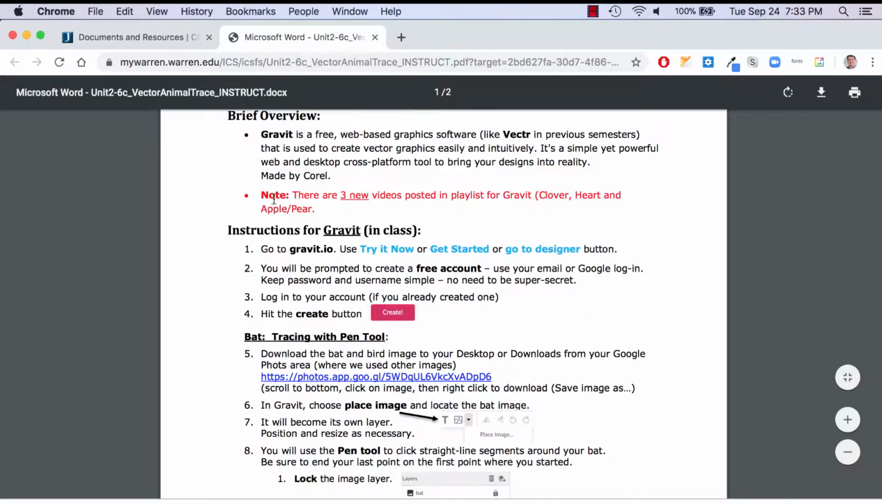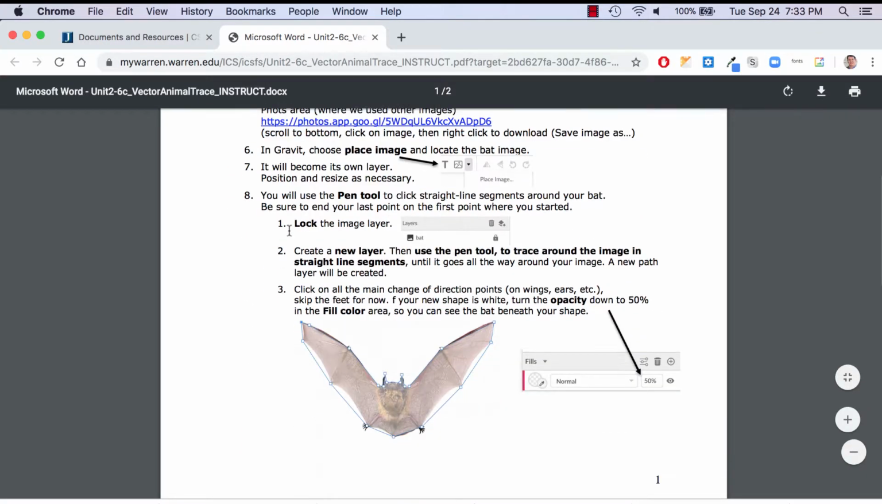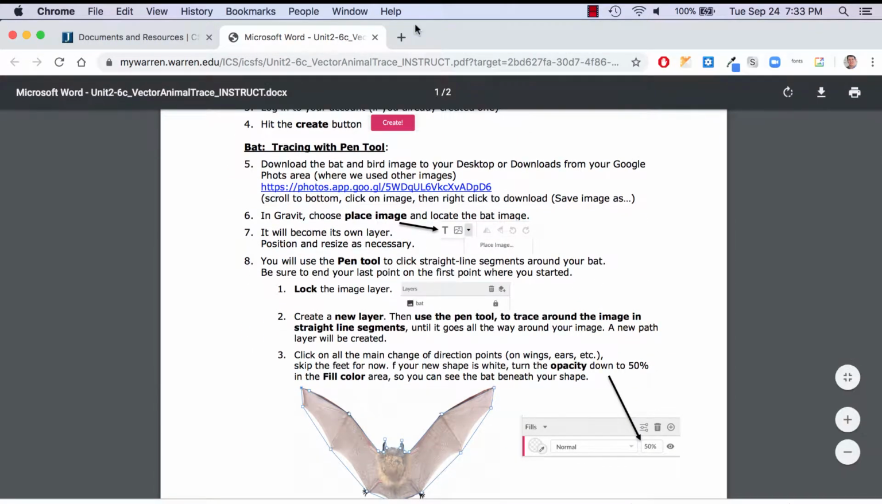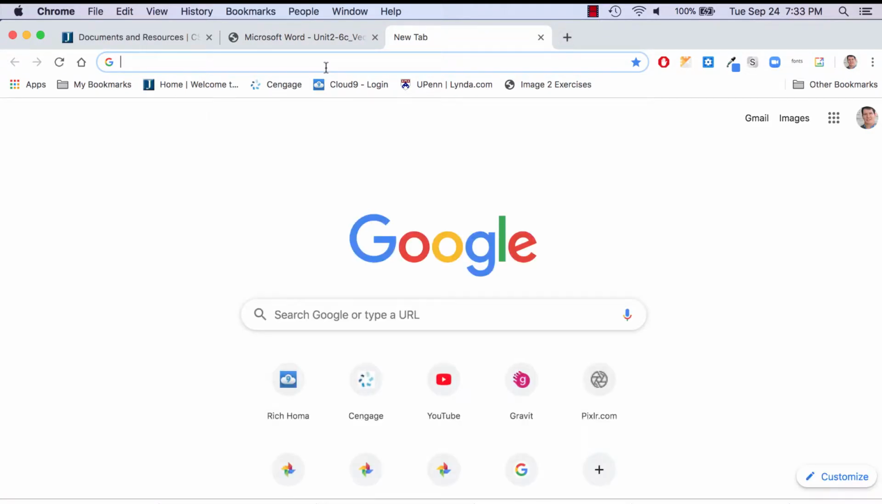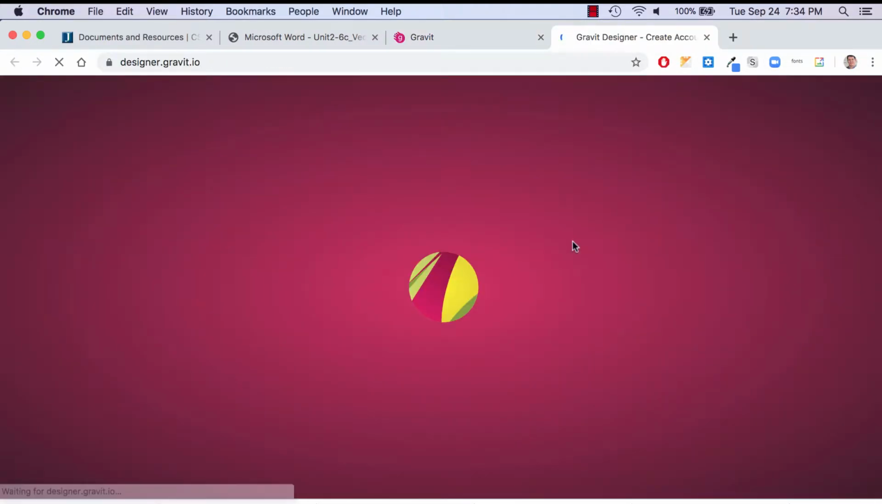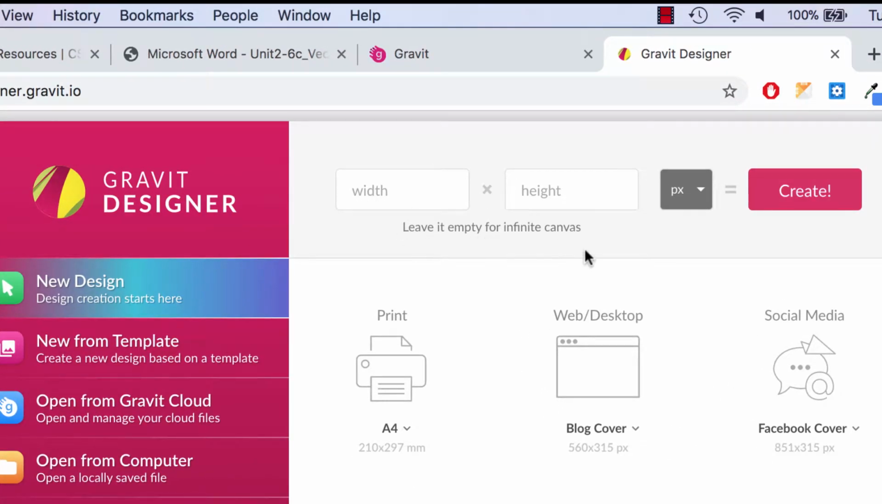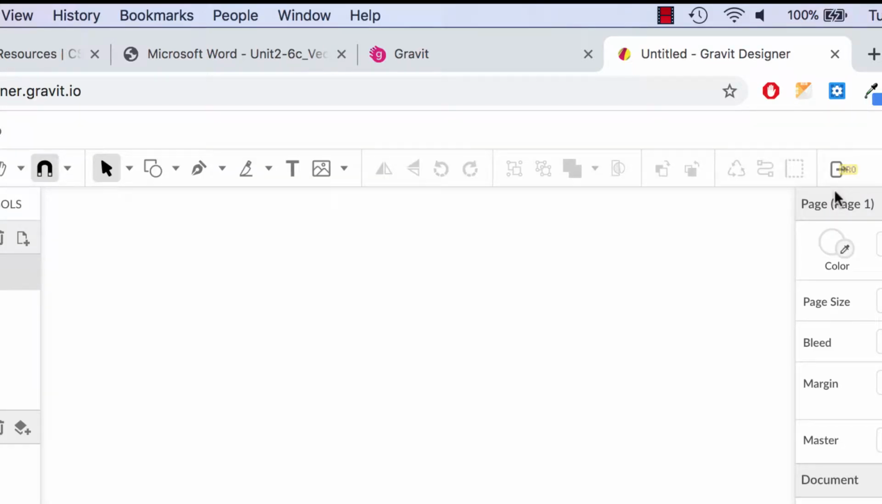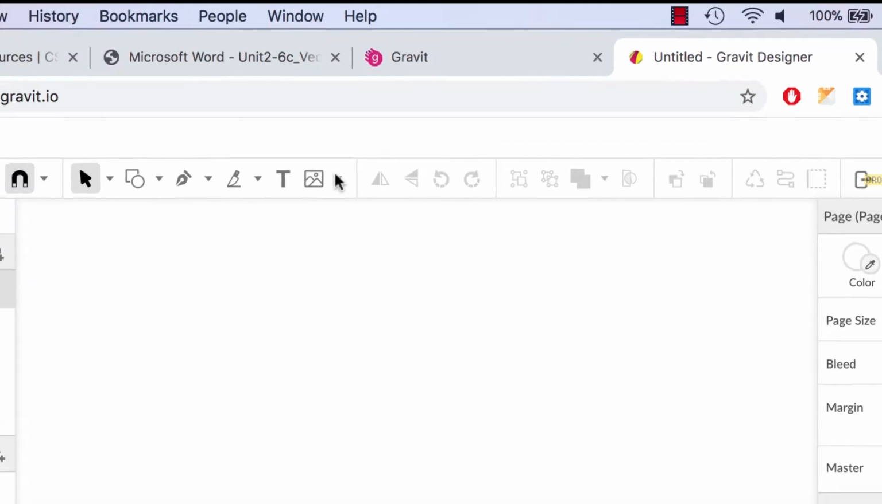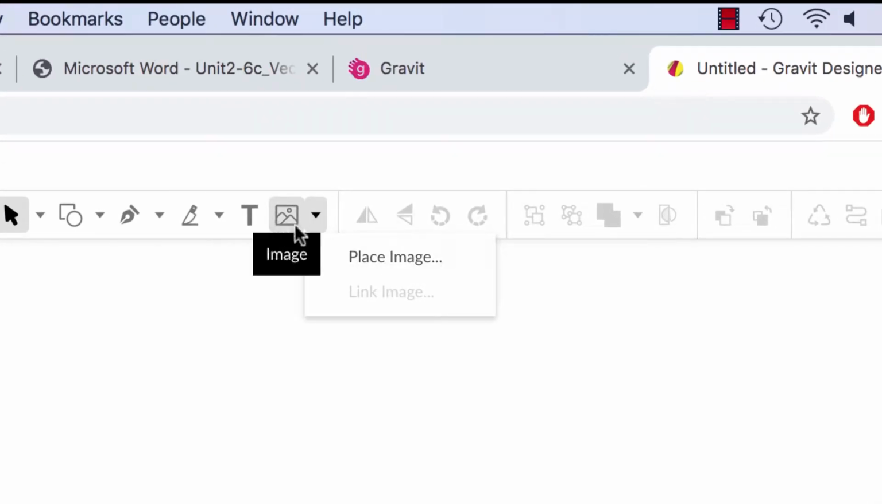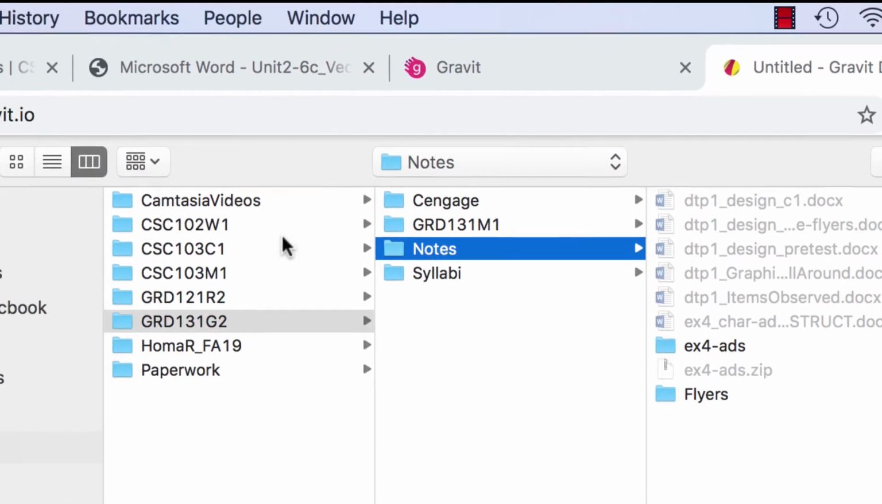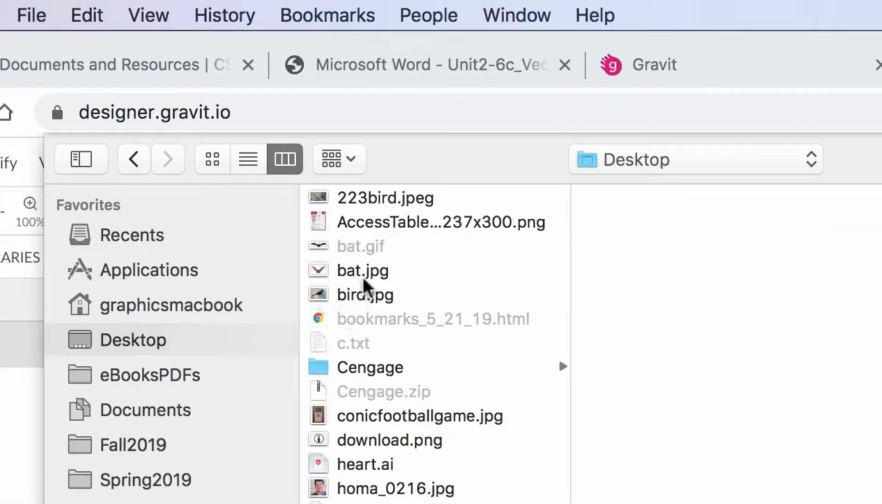So I could close these up and look at my instructions here for the bat, which are in PDF format. And I'm going to go to Gravit, and I'm going to go to Designer. If you've logged in already, it may go back to your account. You can just use infinite canvas here, so you don't have to put any width and height. It just says new design. We'll hit create, and in here we're going to go to this option that says place image, this icon right here, and I'm going to go to my desktop and just find my bat,